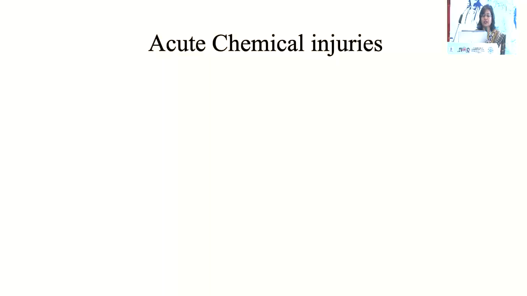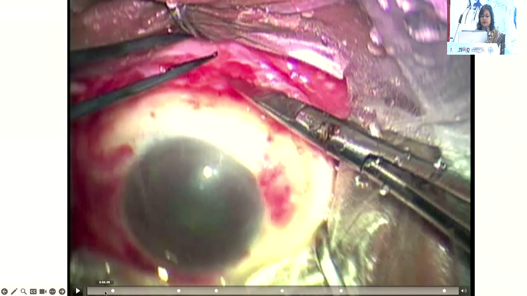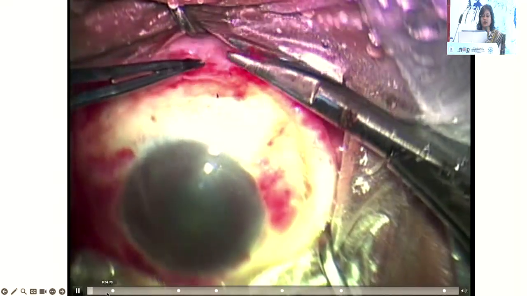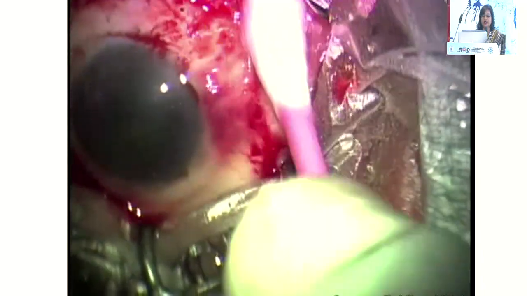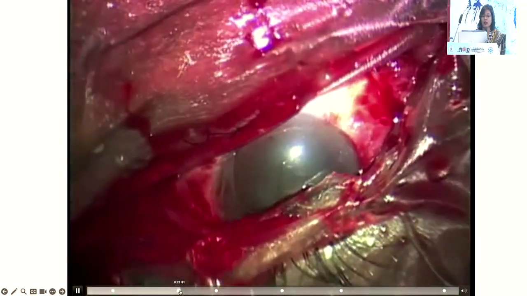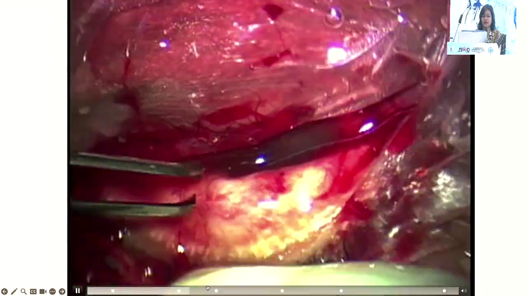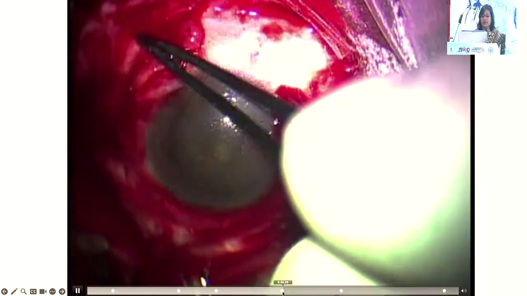So where do we use it? If we can just come over to the acute stages of chemical burns where we see persistent epithelial defects. This is a video which will take us through the actual management of a case of chemical burn where debridement is taking place along with a thorough lavage. And as we see, we are inspecting the fornices for any residual debris. And after this, we have